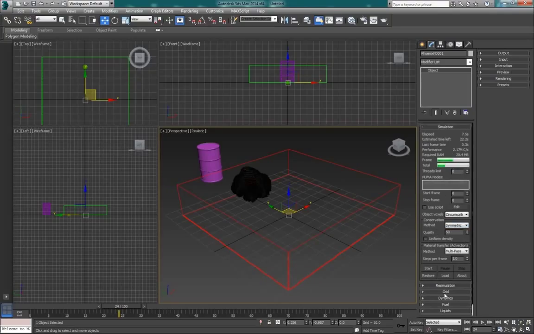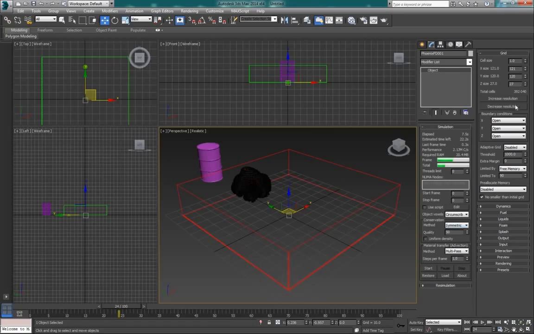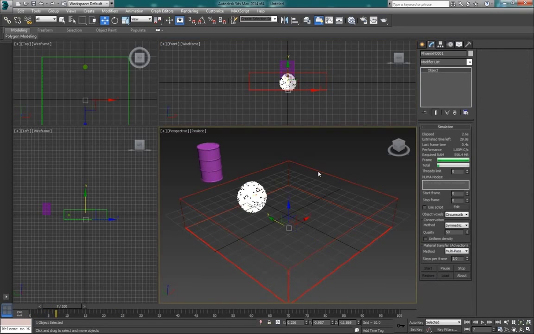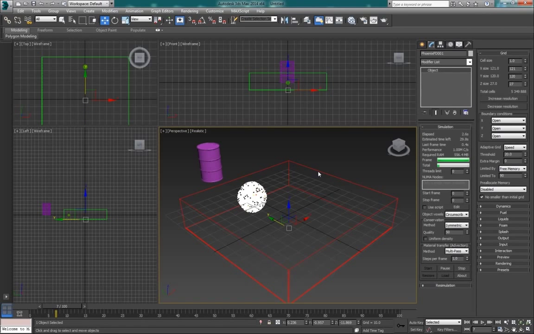Okay, one more thing is I'm going to use the adaptive grid and set it to speed, and I will lower the simulator in order to fit the emitter inside it. Okay, so here it is, and the fireball will start expanding. So you can see here the adaptive grid